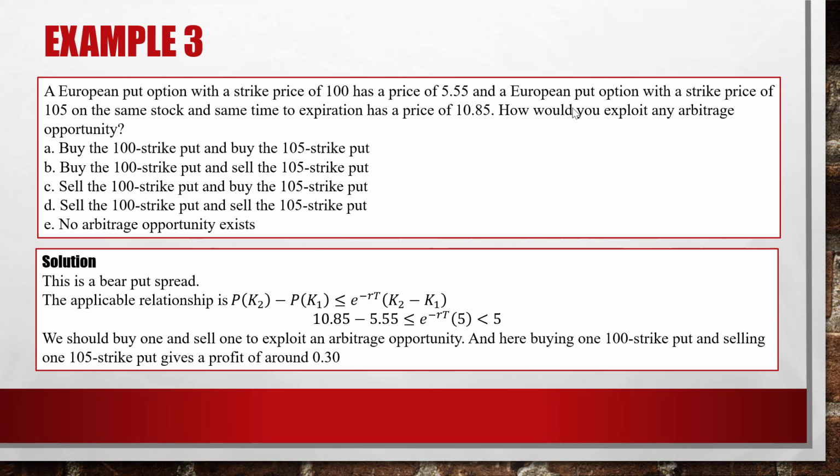So we want 10.85 minus 5.55 to be less than 5, right? So we should buy one and sell one. If we buy the put option at strike K2 and sell the put option at strike K1, then we would have a negative